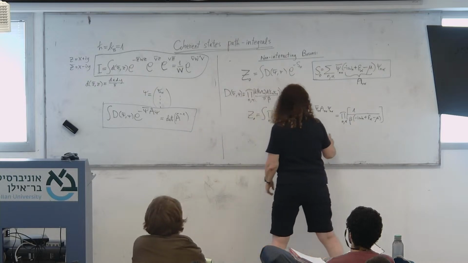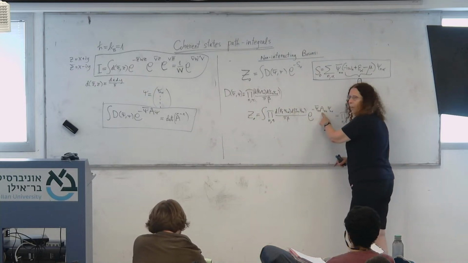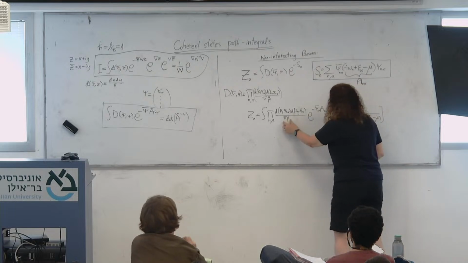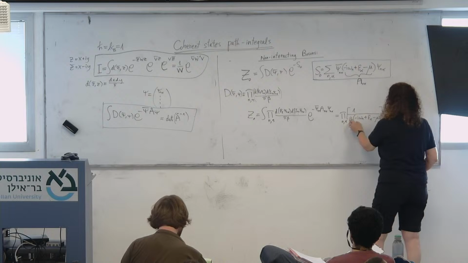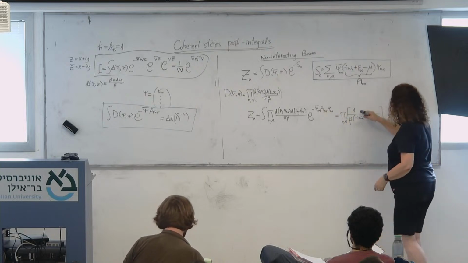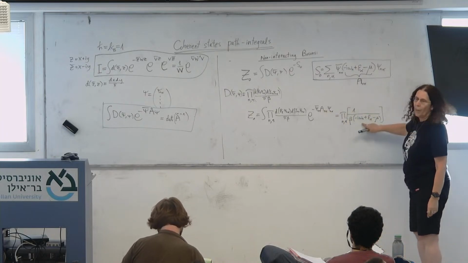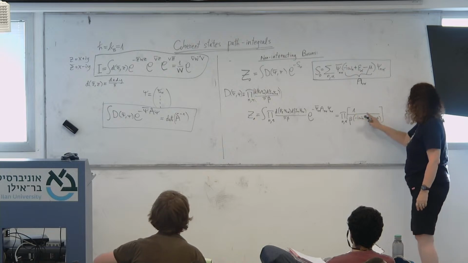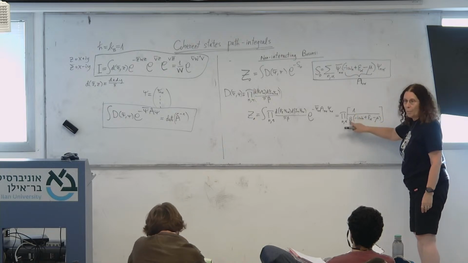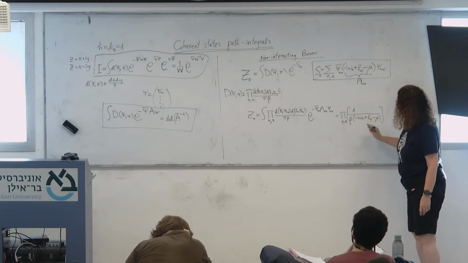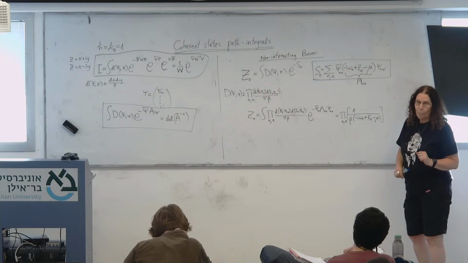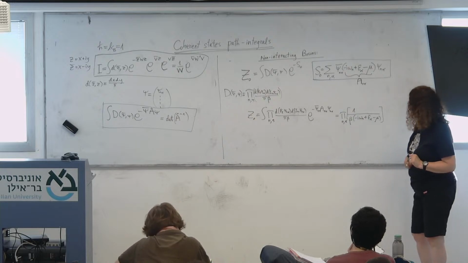Okay? And here you see the beta is not inside the A. It's outside, but it's there for each term. And because it's there, once the A inverse is 1 over something that has units of energy times beta, that's dimensionless. So the overall thing is dimensionless. Okay, there's an extra beta.